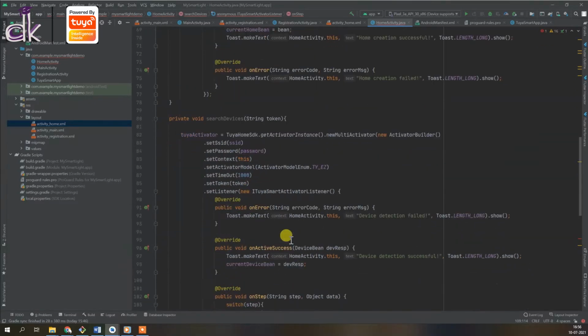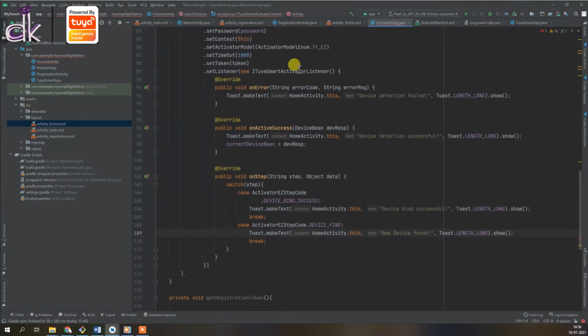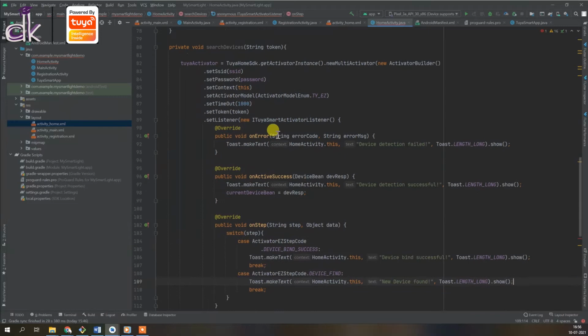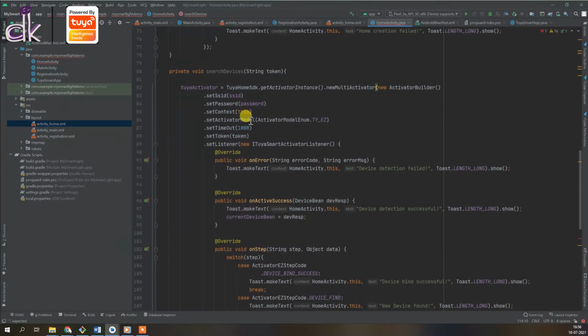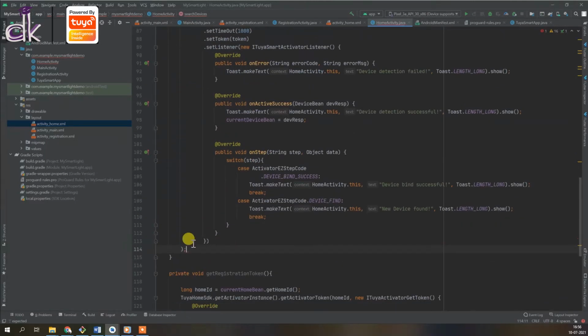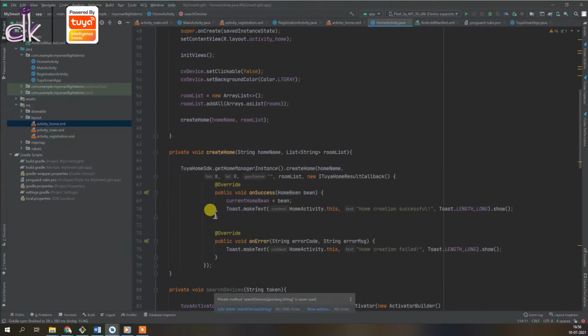All right, so one thing to note is this is actually configuring the device, and this is just the listener, right? You need to actually start this instance to actually start the process of searching. So how do we do that? Before that, I see that there's a semicolon missing. So we want to start the search only when the search button is clicked, right?